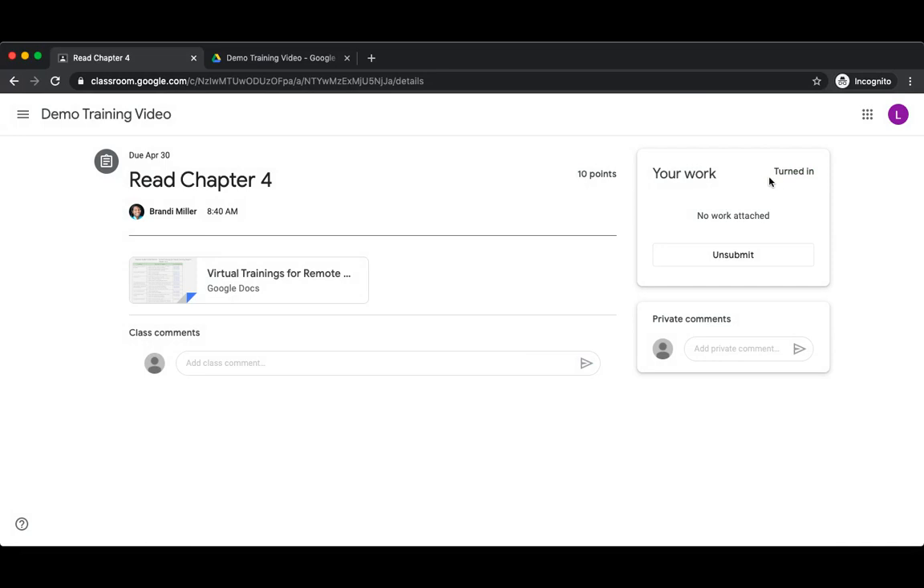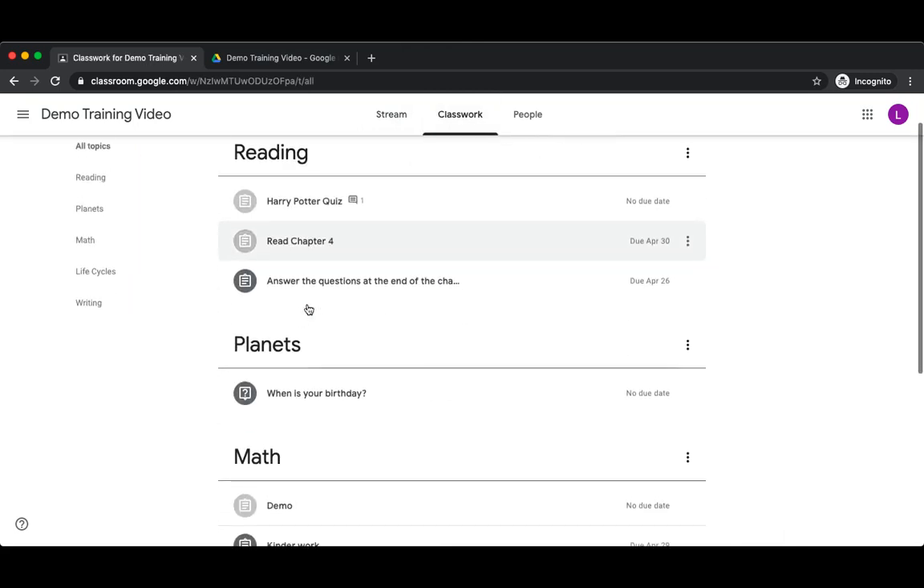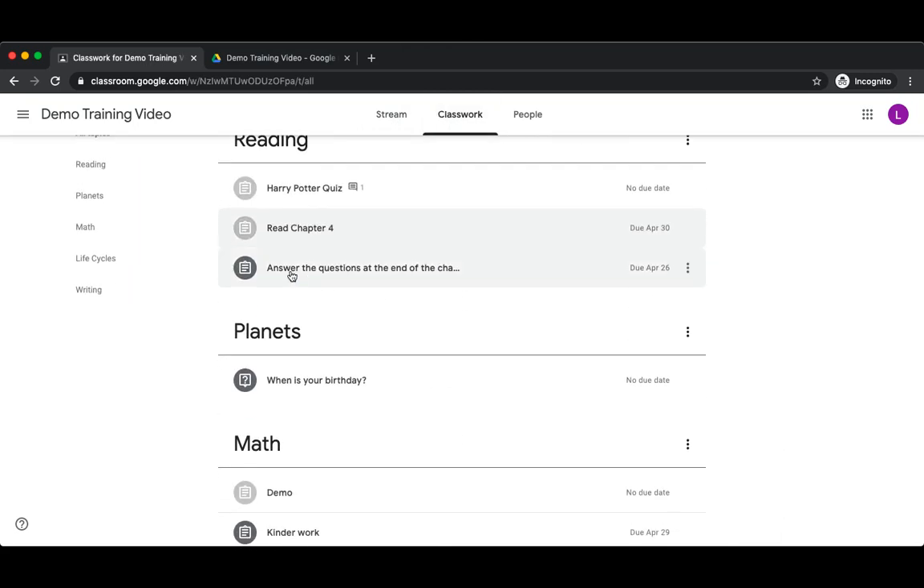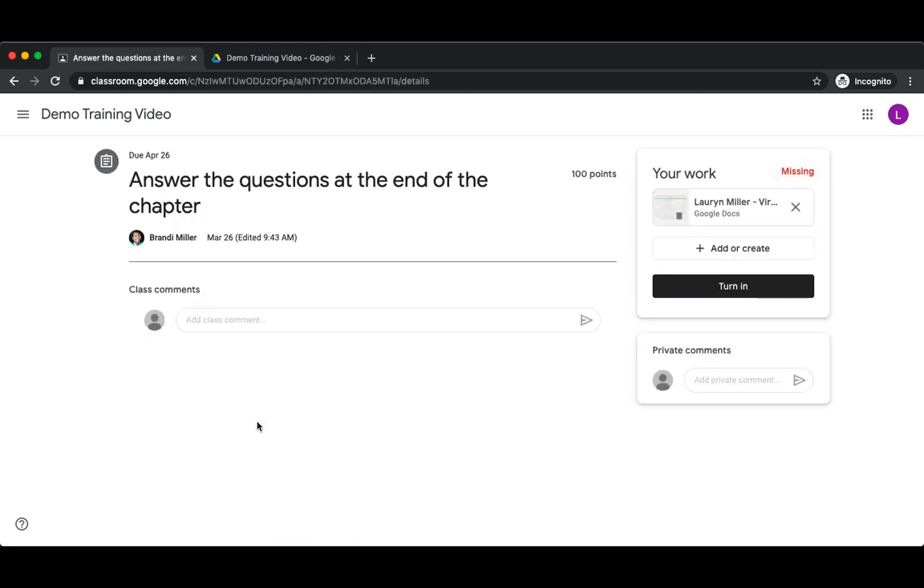And again, it went from being assigned to being turned in. And let's look at a couple more examples. So here we have an assignment that's asking us to answer these questions. And so here's a great example. This assignment was due a couple days ago and it's now showing up as missing. But as the student, I can still turn it in. So if I click on View Assignment,